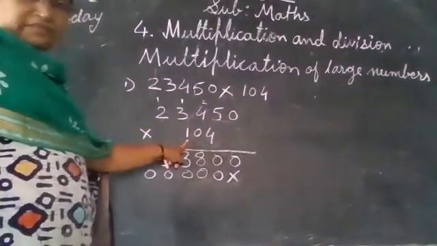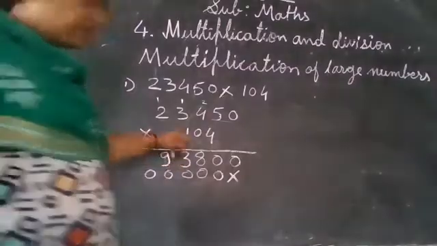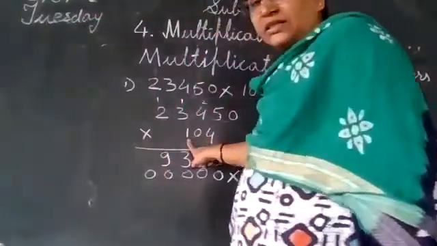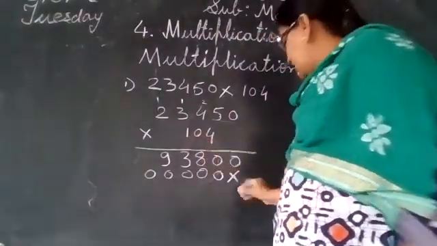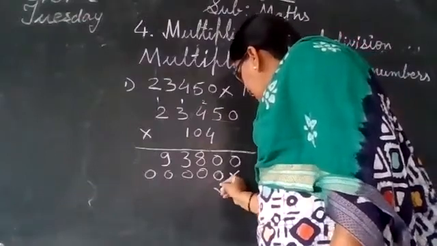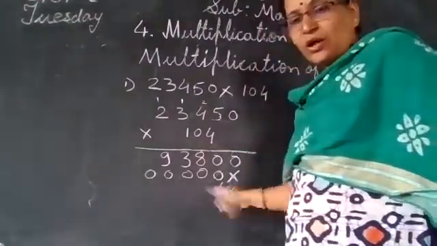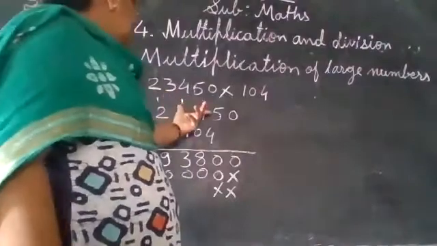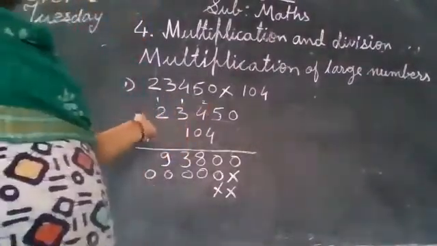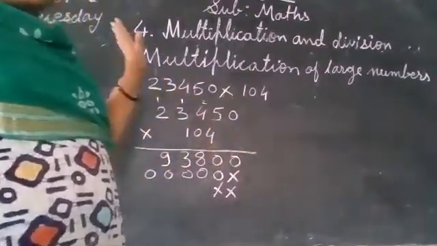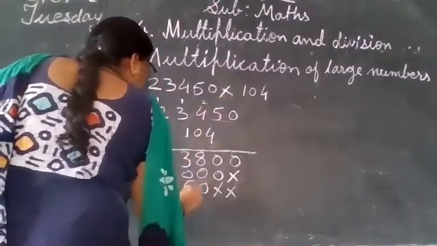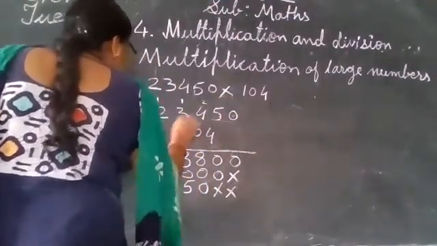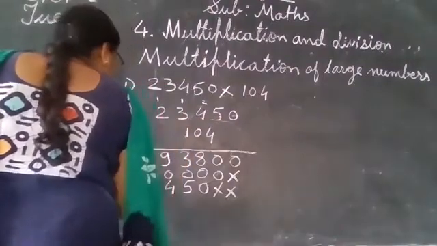Okay. Now what is left? This third digit means hundreds place. So we will leave the tens place and ones place. Here we will put either 0 or you can write a cross. Okay, now multiply these digits by 1 and we have learned if any digit is multiplied by 1, we get the same digit. So 1 zeros are 0, 1 fives are 5, 1 fours are 4, 1 threes are 3 and 1 twos are 2.